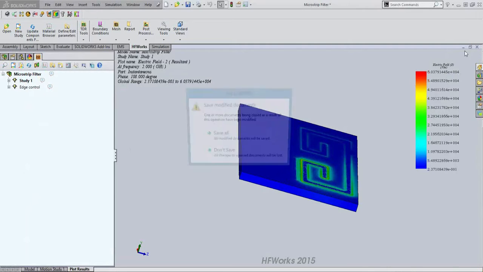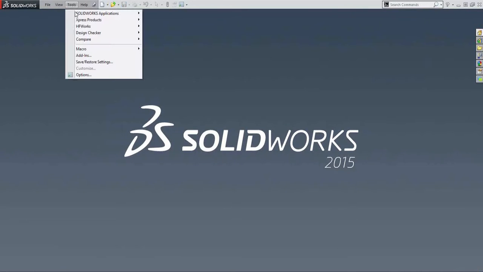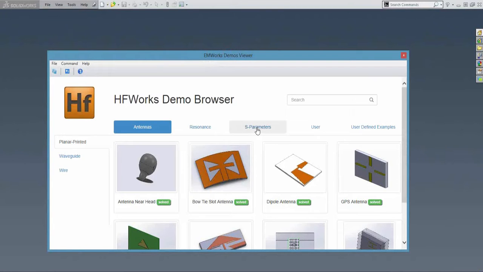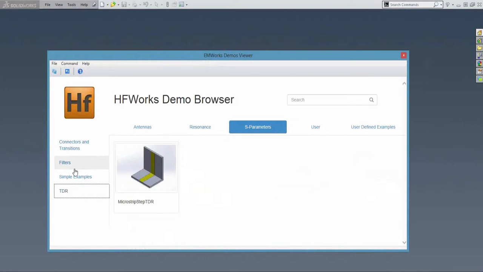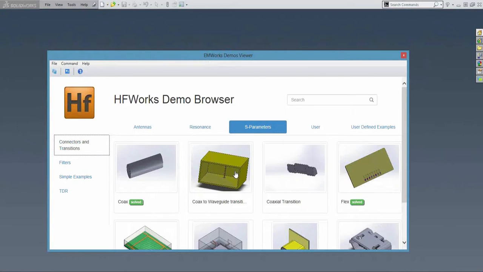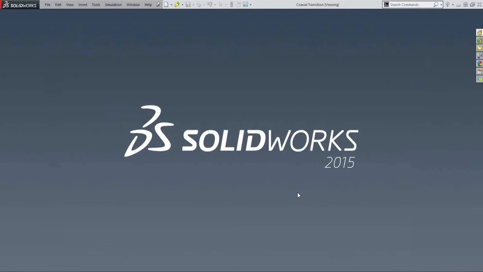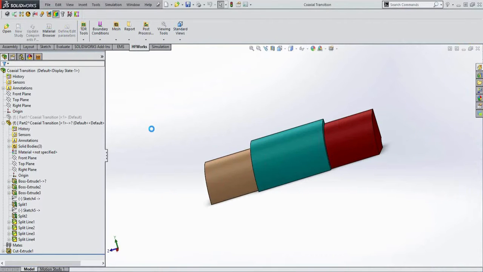Okay, so my last quick example, again, I'm going to go back to my demo viewer and maybe go into parameters and maybe pick some kind of a coaxial, maybe take a connector, for example, and look at coaxial transition with TDR. So if you wanted to do examples where you do TDR, okay,